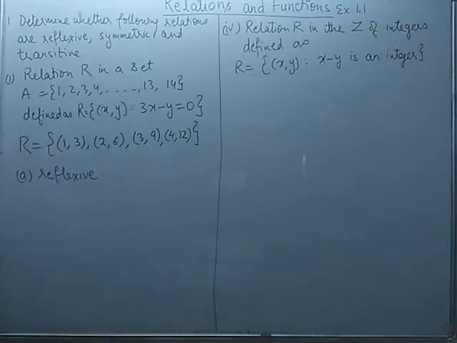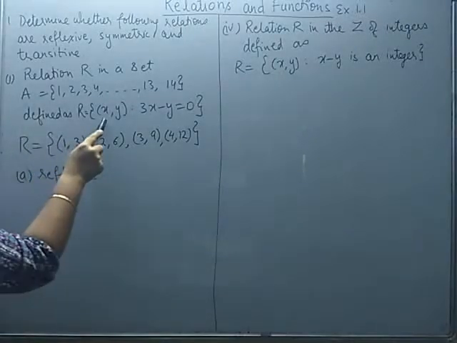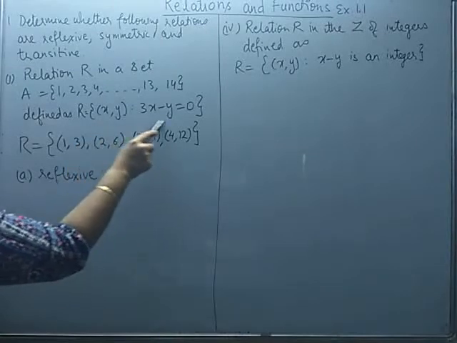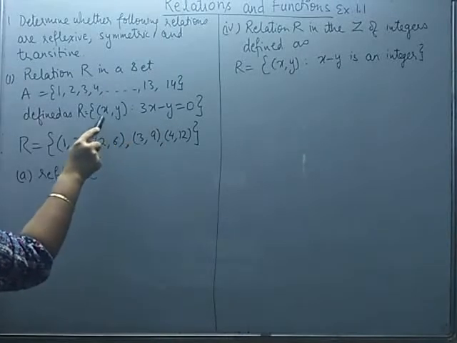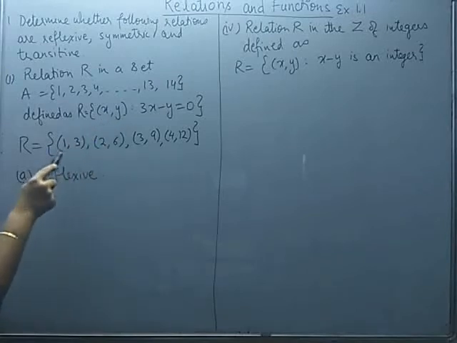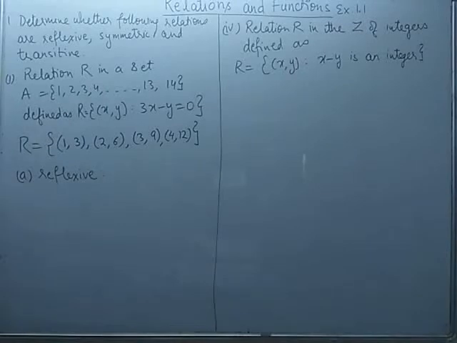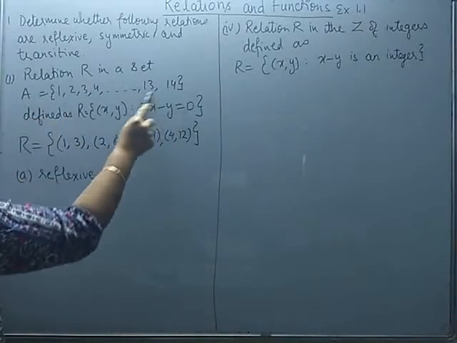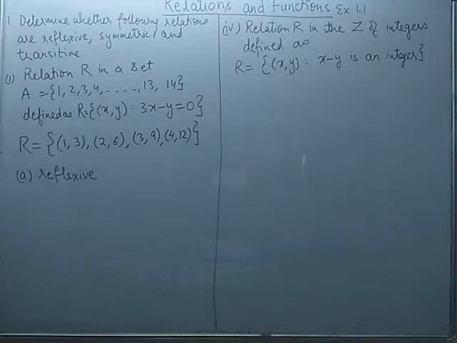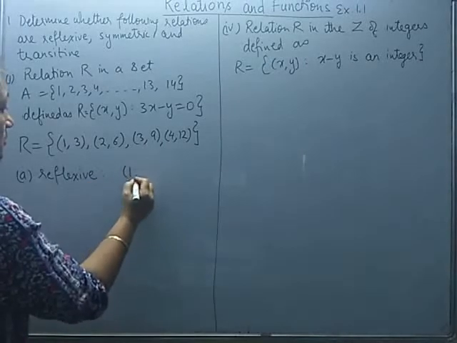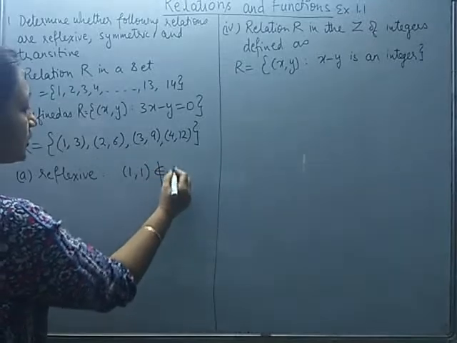Recall the definition of reflexive relation. The condition for reflexive relation is that the element of the set should satisfy the given relation with itself. So if X is replaced by 1, it should satisfy the given relation with itself. So I have to see, will I get 1, 1 in this set relation? You see, we don't find any such pair. None of these natural numbers are satisfying the given relation with themselves. We don't have 1, 1; it does not belong to R.